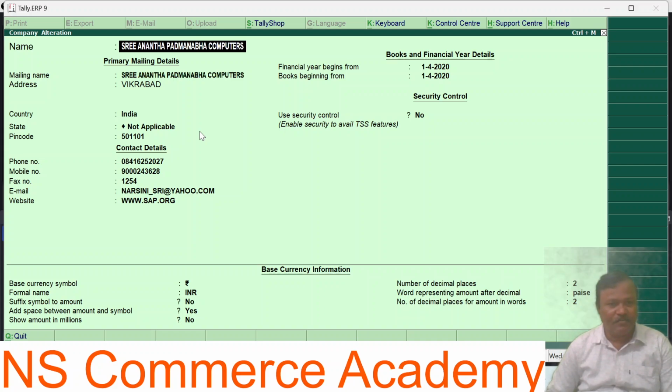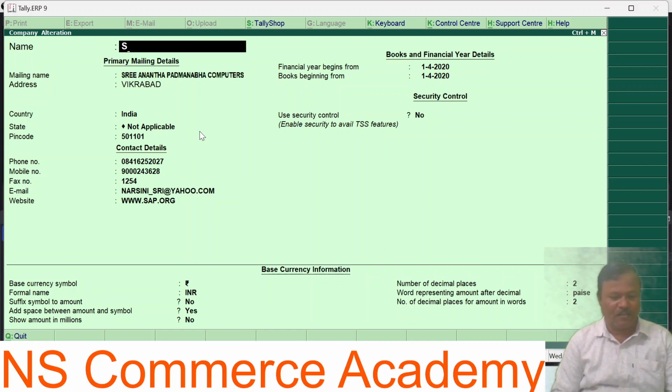Here I want to change the name to Sri Venkateshwara Traders.